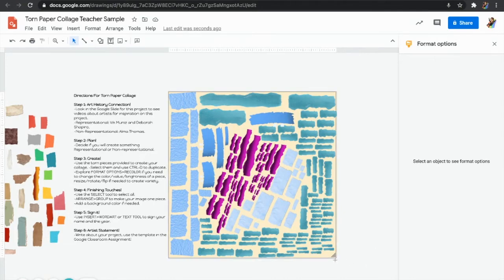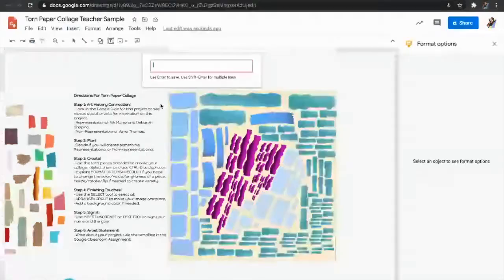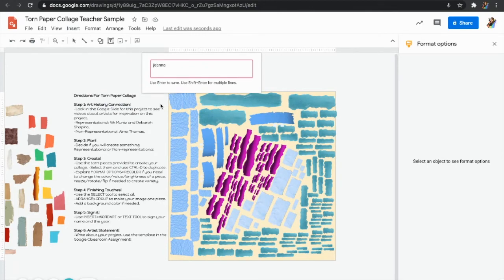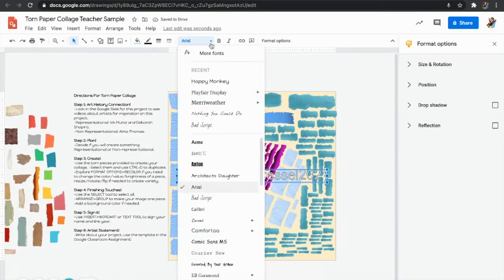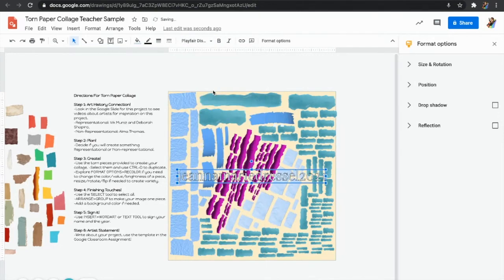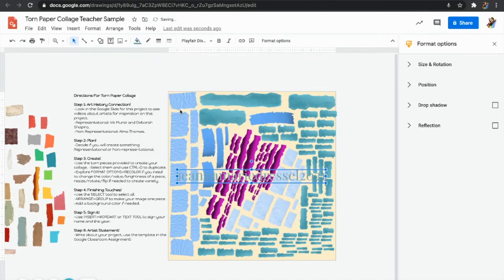So if I need a little extra room, I can sign it and have my name overlap, but maybe I want to just give myself a little bit of a cushion of a space to sign it. So what I'll do is you can use Insert, Word Art. This is the way I like to do it. And then I can type in my name and the year and press Enter. Now I have my word art and I can change the font,